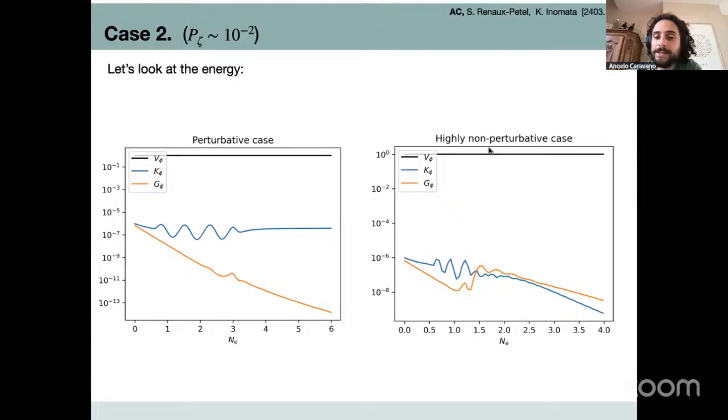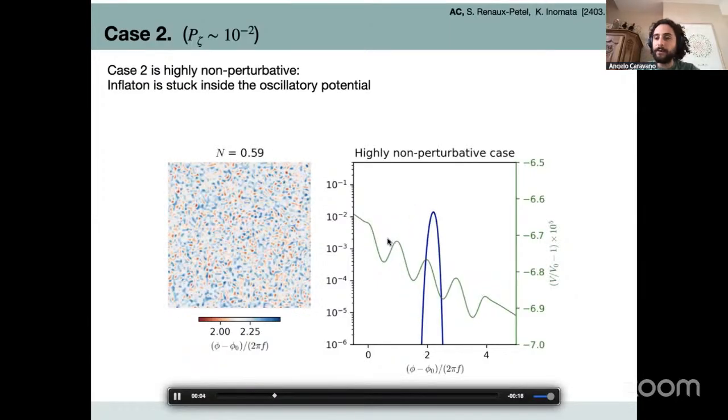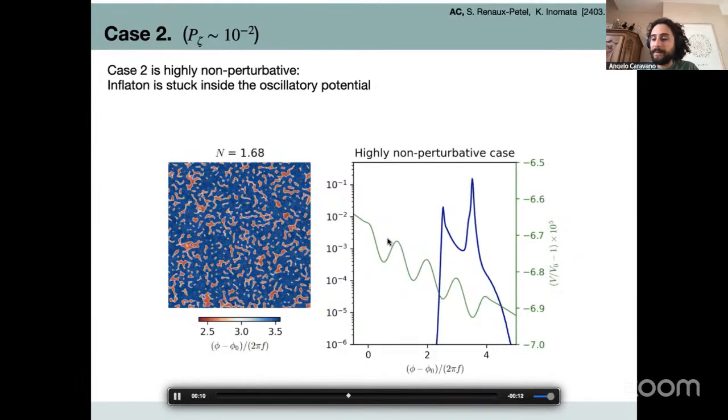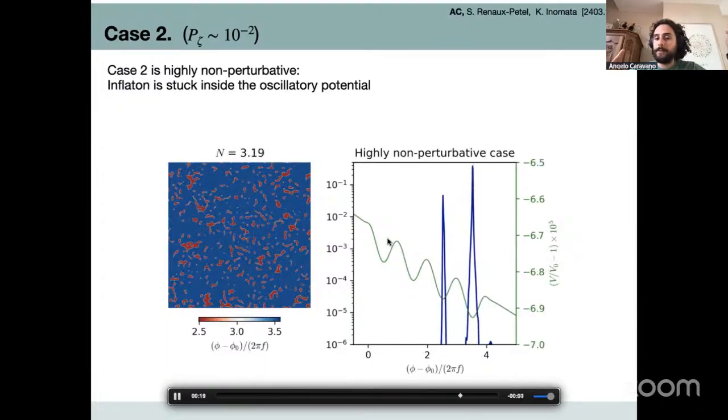However, in this case, where the dynamics is very different from perturbation theory, what happens is that the gradients grow so much that they intersect the kinetic energy. So what does this mean? This means that the reason why perturbation theory was failing in describing what's going on in this system is that, according to perturbation theory, you can create gradients out of nowhere. You can just produce them indefinitely. But in reality, in the full nonlinear picture, whenever you're producing gradients, this energy needs to come from somewhere else. And this energy typically comes from the kinetic energy in this case. So the gradients are growing and they're sucking up kinetic energy, which then makes the system stuck